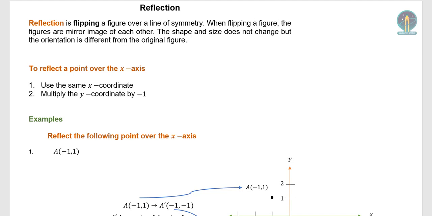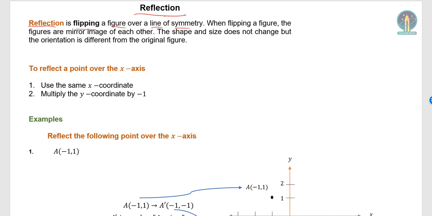So in this concept, we're going to continue talking about the different types of transformations. And in this case, the transformation we're going to talk about is a reflection. So a reflection is flipping a figure over a certain line of symmetry. The line of symmetry could be an axis, could be an arbitrary line drawn in the coordinate